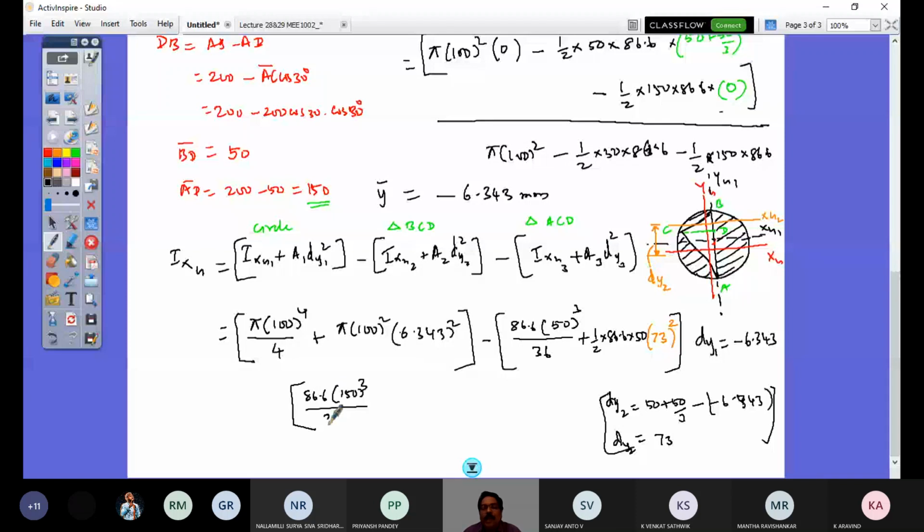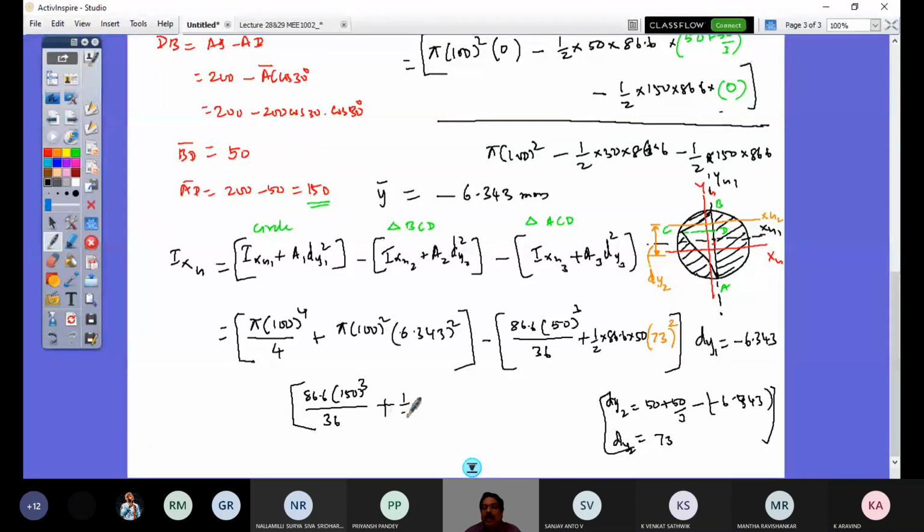You see here it's 50 and here it's 150, because in this triangle ACD, AD is the height, CD is the base. So this plus